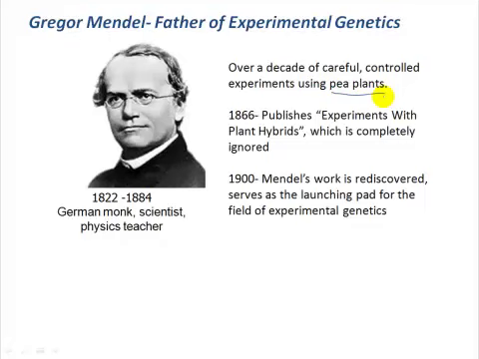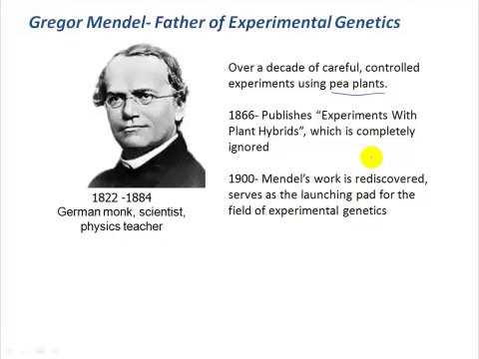So these are just sweet pea plants like you'd find in any country garden. But importantly, they have characteristics that make them an excellent model system to use for genetics. So number one, there were a lot of different strains of pea plants that had different, very easily observable, genetically determined traits. So things like flower color and seed pod color and plant size and plant length and flower position and all sorts of other very easily observable traits.